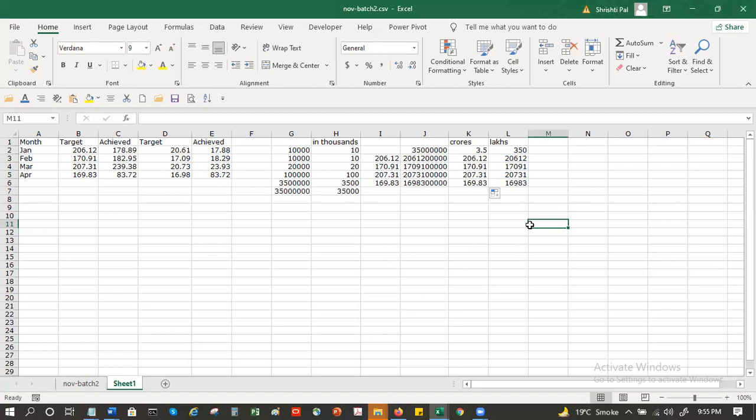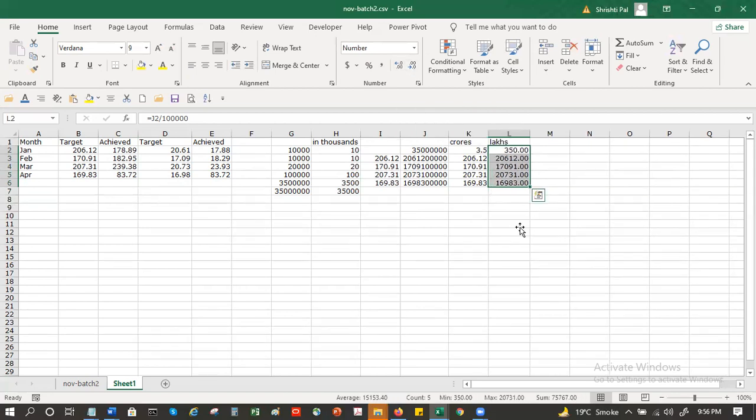Now going back to what your boss wants. He wanted to see two decimals, like the one which I showed you, like the target and achieved, the D and E columns. This is how he wanted to see. All in 2 digits, right? Yes. In that case, these are all rounded numbers, so I can go and increase the decimal places.